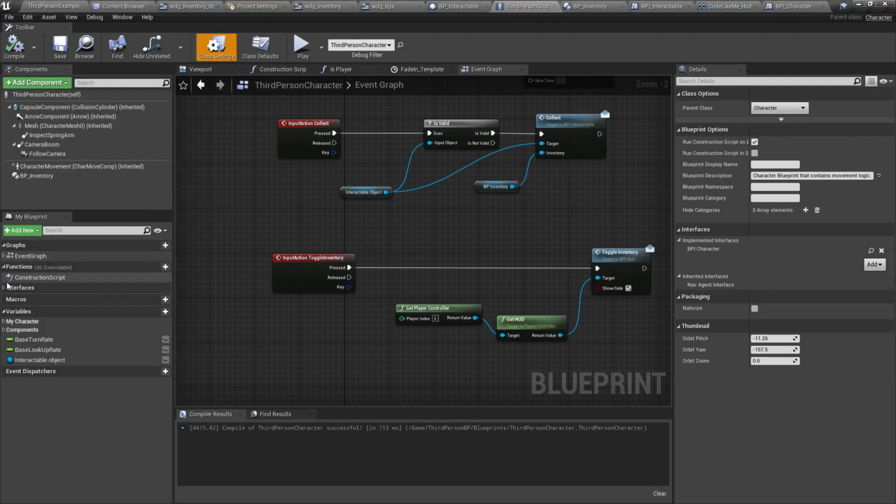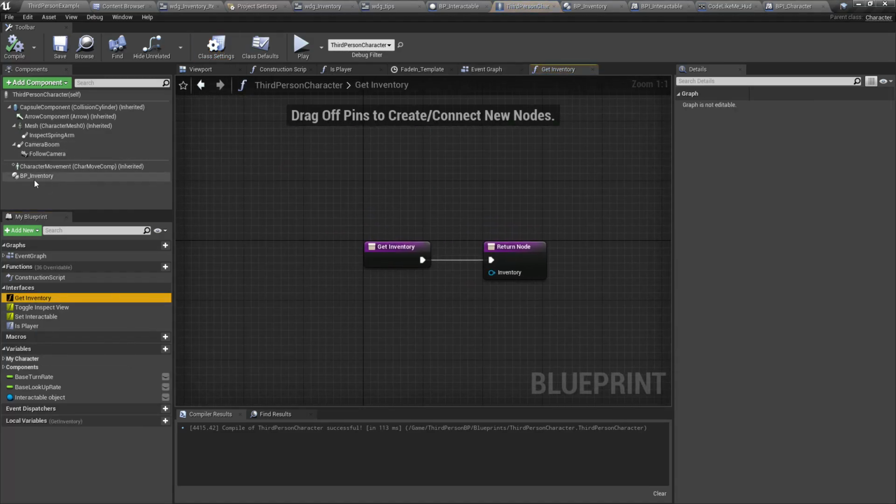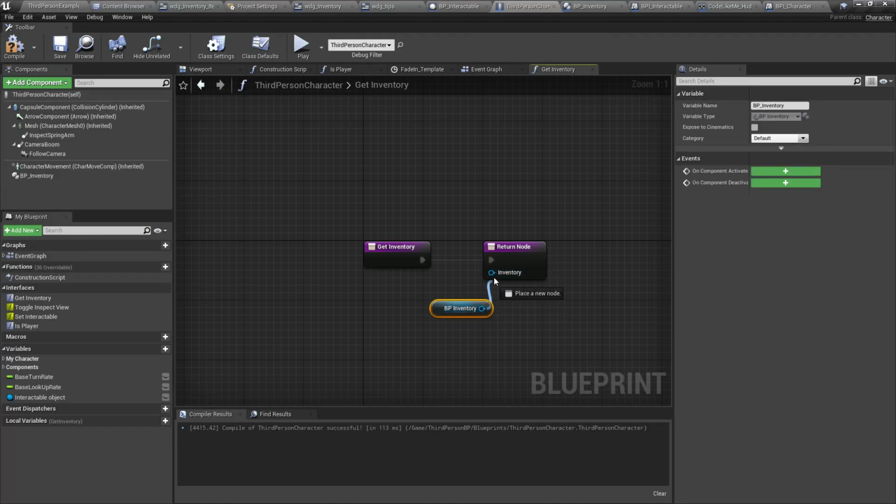Now let's implement it. Here we have get inventory. We can return a reference like this. Okay, now